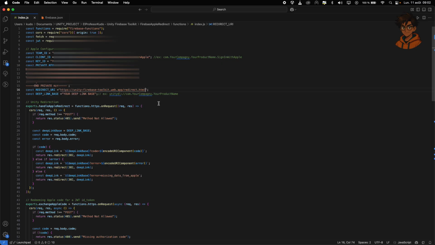And the last thing we need to add is the Unity deep link. Basically the Unity deep link is written like this: unitydl:// and then your bundle identifier. So in my case, it will be like this: unitydl:// com